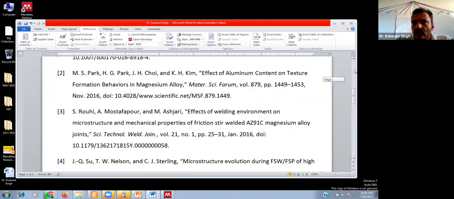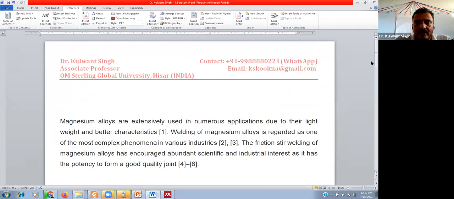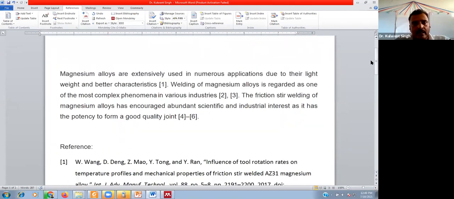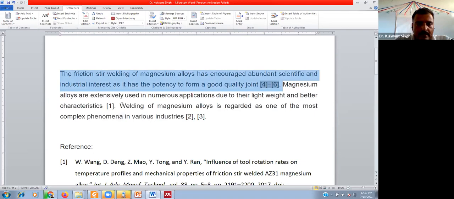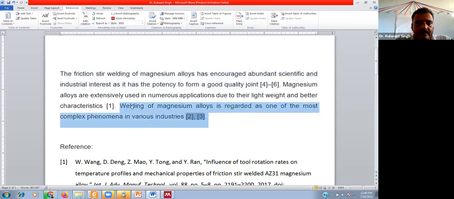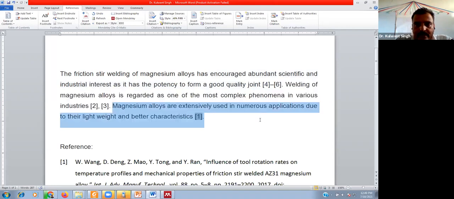Now we are using the Mendeley, and we have written this document, and when we show this document to our colleagues and our supervisor, they suggest a few changes. Suppose they advise to shift this third sentence to the beginning and the second sentence in the, sorry, yes, there may be one change or there may be more than one change. We are shifting this like this.